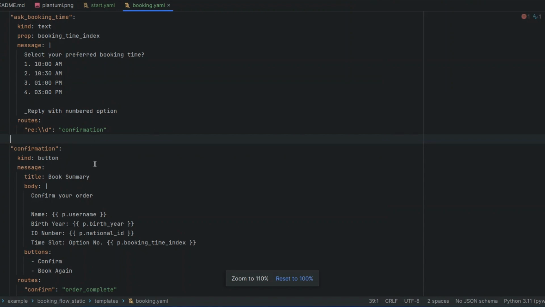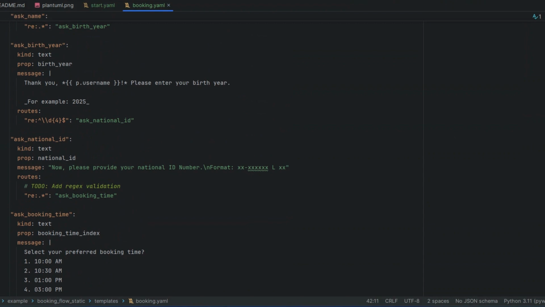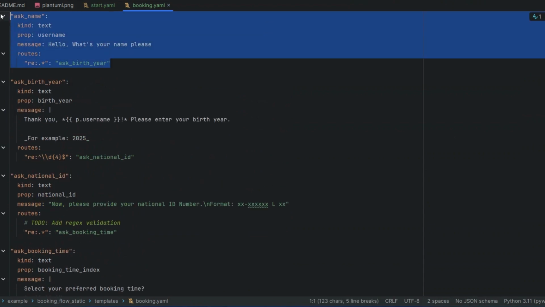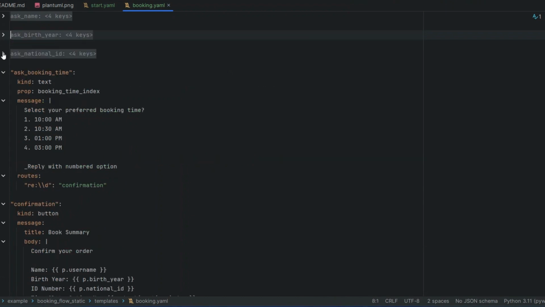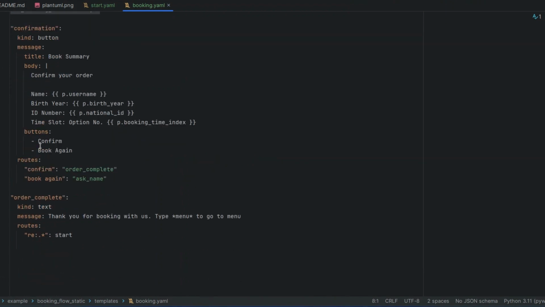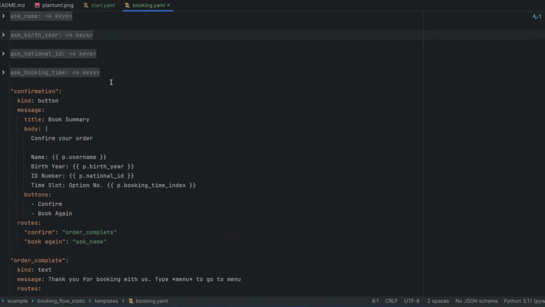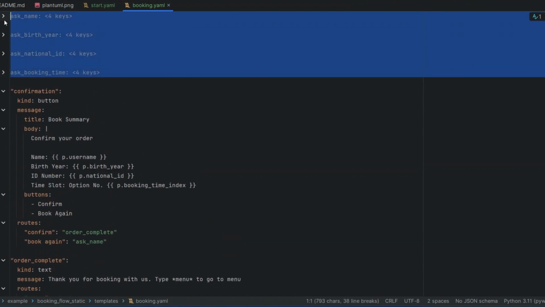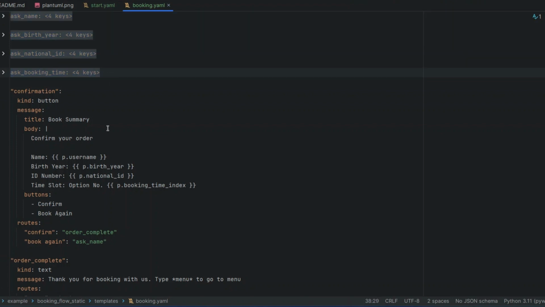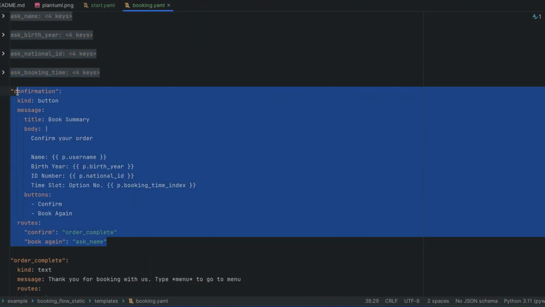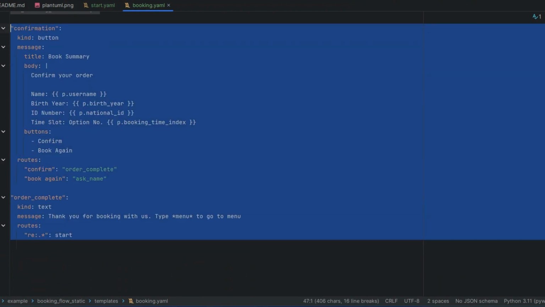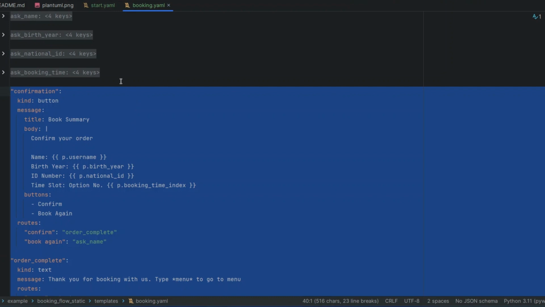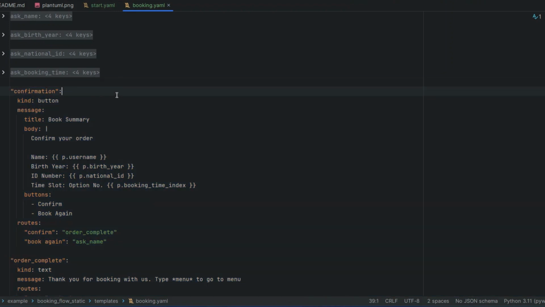So we want to remove all this, and streamline it in a way where, if I minimize here, we had like four stages where we ask the user for the information. We're going to keep the confirmation and the order complete. So these four are going to be one at the end of the day. At the end of the video, that's what we are going to show today, to see how the flow template in pywce Connect is going to help us to achieve